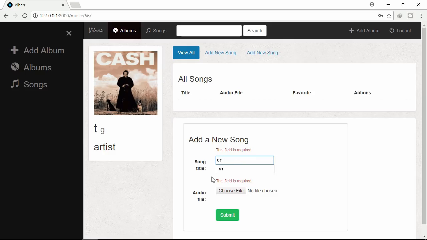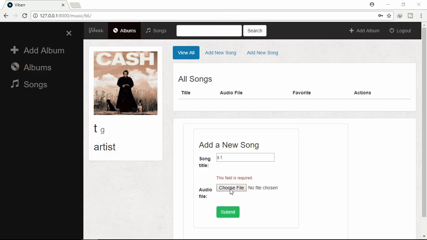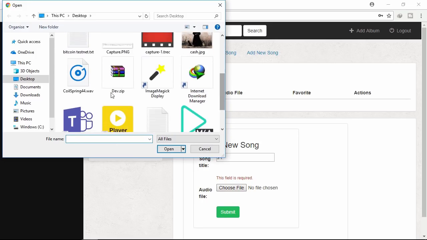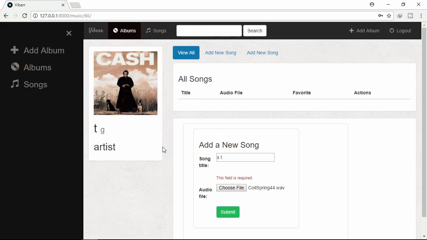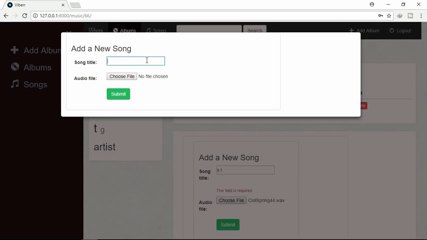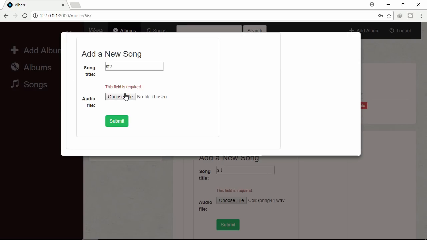Let's write a title. Need to provide a song. Let's select this song. Let's submit. Song already added. Let's add a song through this modal window, giving a title, validation error. Let's select a song,